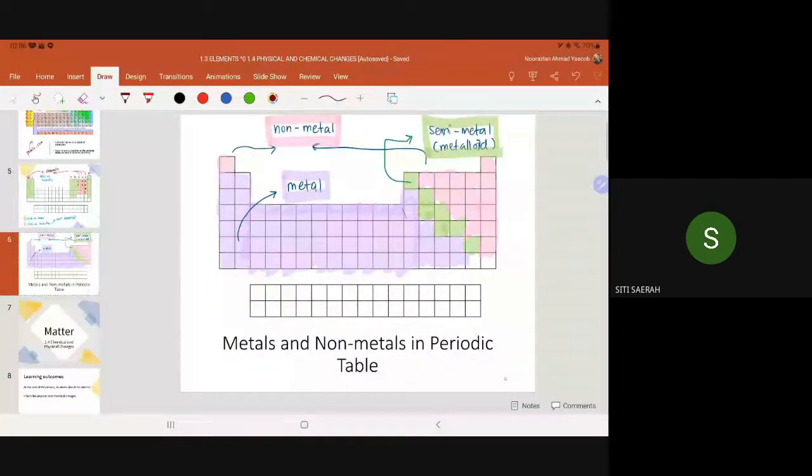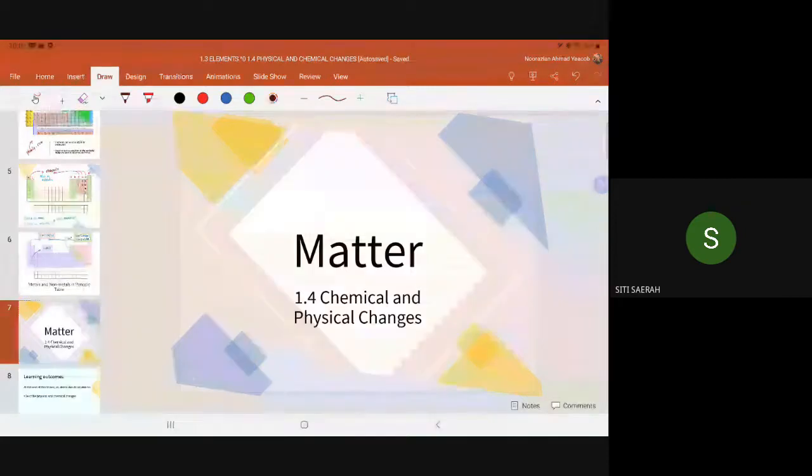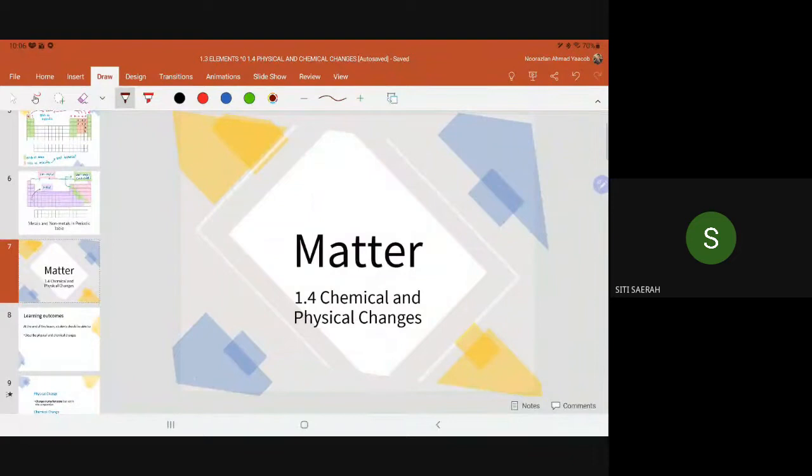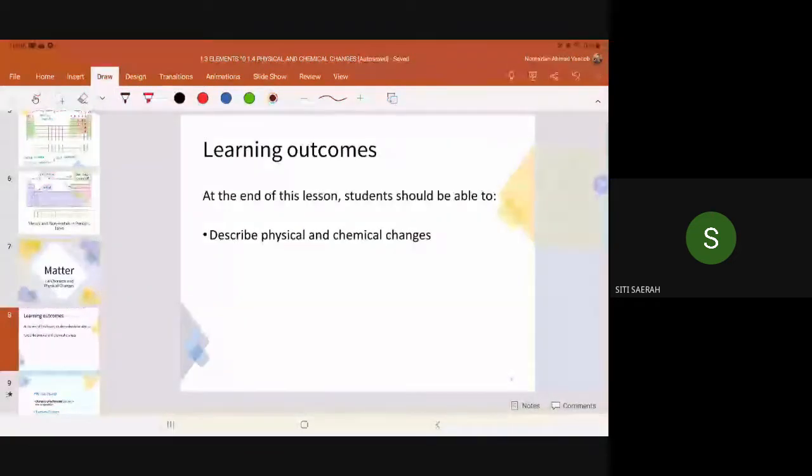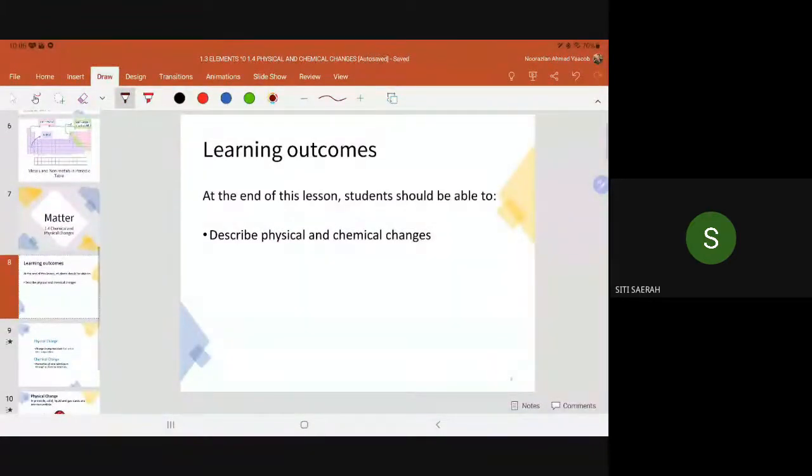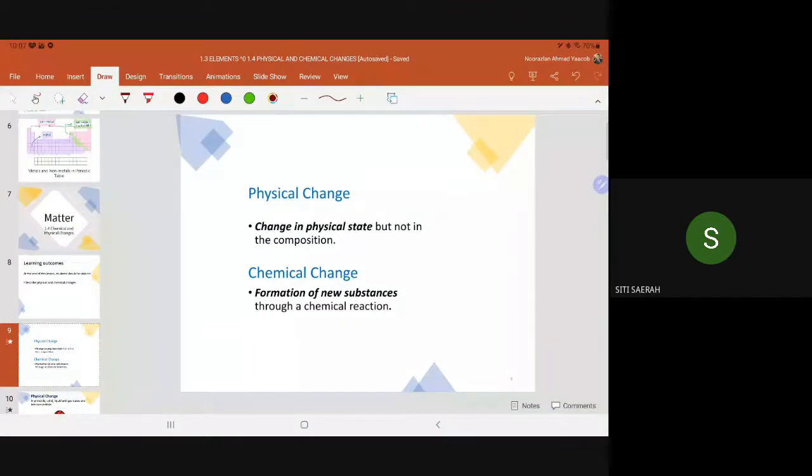So now we proceed to the last part of this chapter, which is 1.4, chemical and physical changes. At the end of this lesson, for 1.4, you should be able to describe physical and chemical changes, what they are. So let's look at the definition of physical change. A physical change is a change in physical state but not composition. Physical state means physical characteristics or physical condition such as shape,